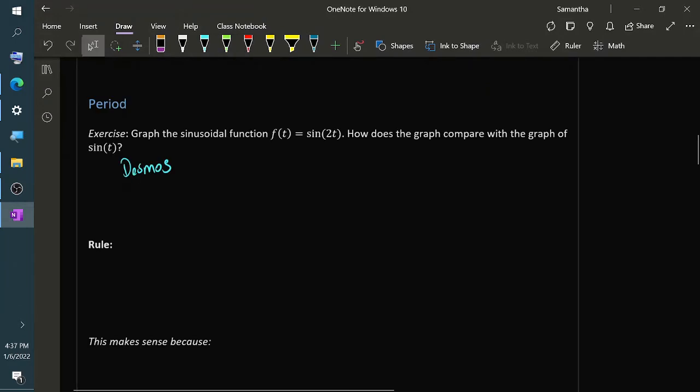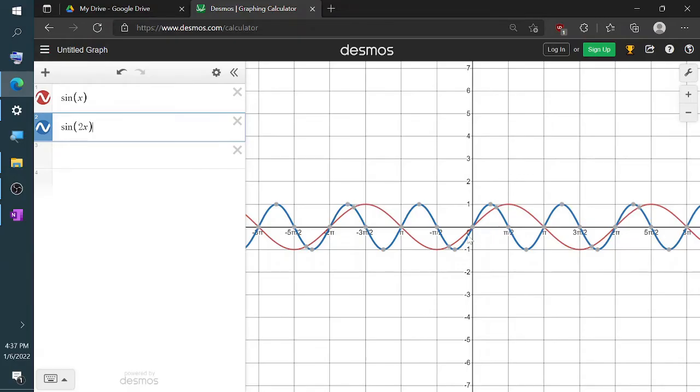Next, let's see if we can figure out what feature of the graph will affect not the amplitude, but the period instead. Inspired by the exercise at the end of yesterday's video, I'm going to see what happens if I multiply not the outside of sine, but the input of sine by some number. As a result, I have achieved the blue graph, which is oscillating between max and min faster than sine did. The function sine of 2x is running at double speed compared to sine of regular x.